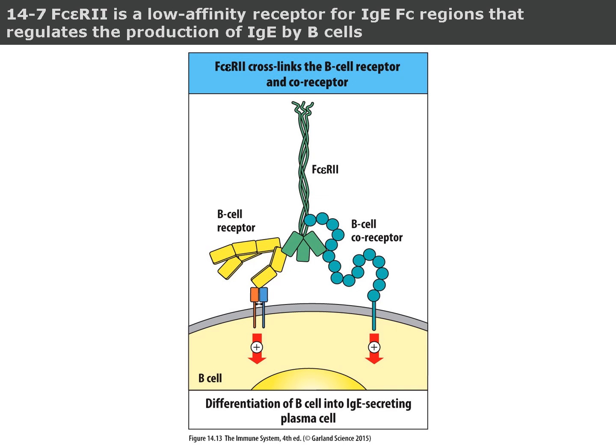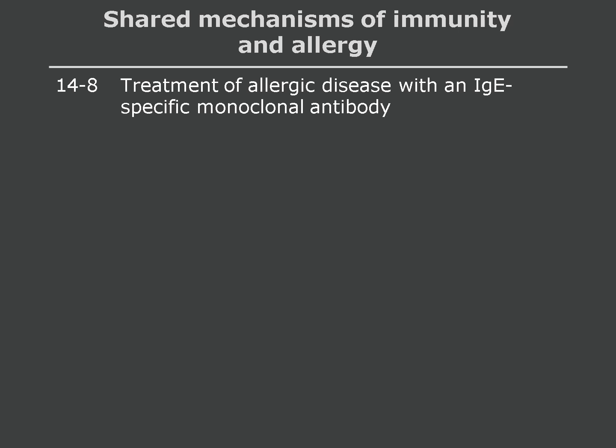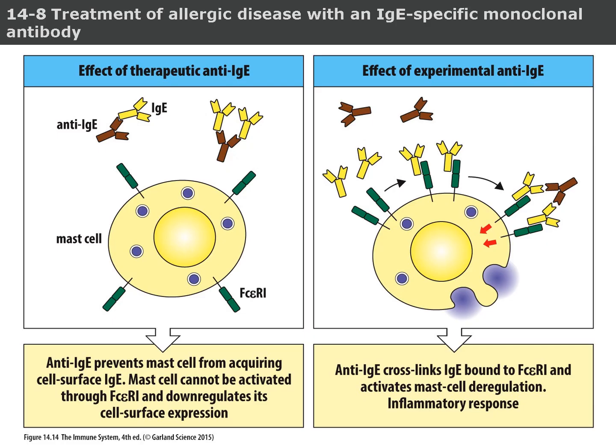parasitic infections. Treatment of allergic disease with an IgE-specific monoclonal antibody. This figure shows 2 different effects of monoclonal antibodies that target immunoglobulin E. On the left, therapeutic anti-immunoglobulin E antibodies prevent mast cells from acquiring immunoglobulin E on their surface. Without surface immunoglobulin E, mast cells cannot be activated through the high-affinity receptor, and surface expression of the receptor is